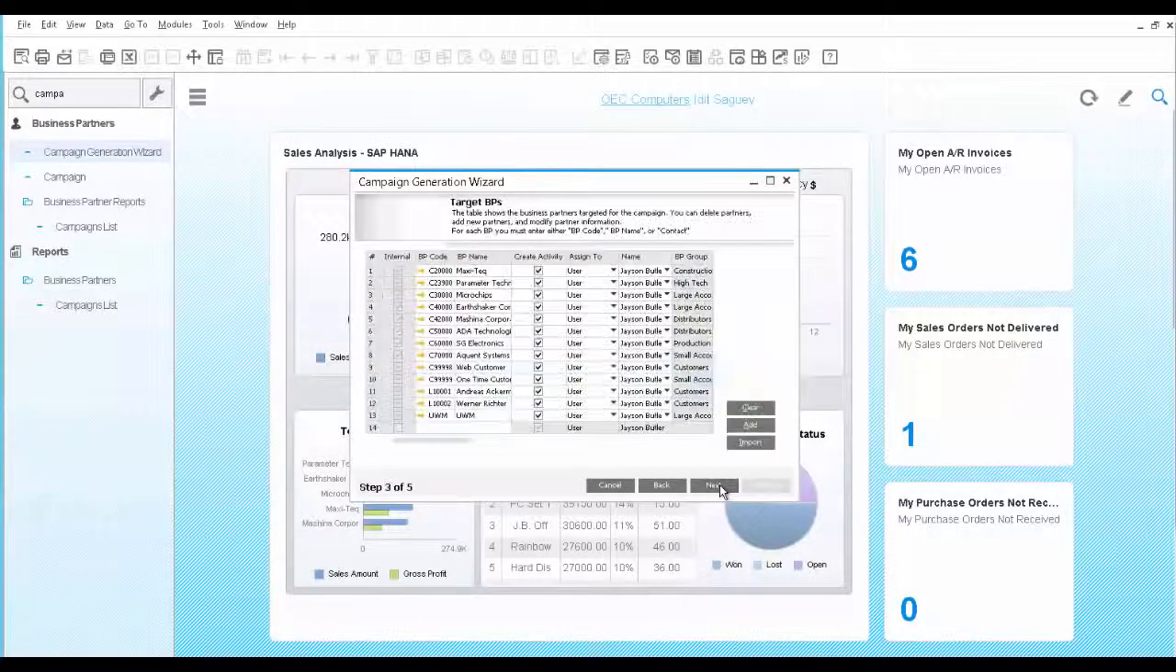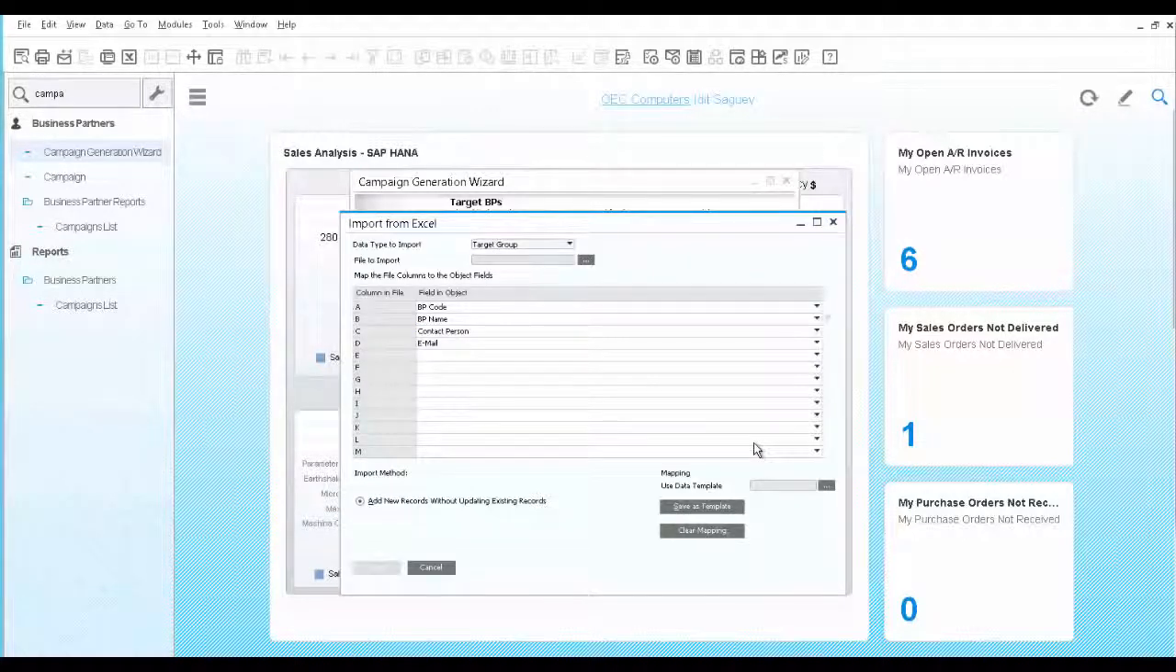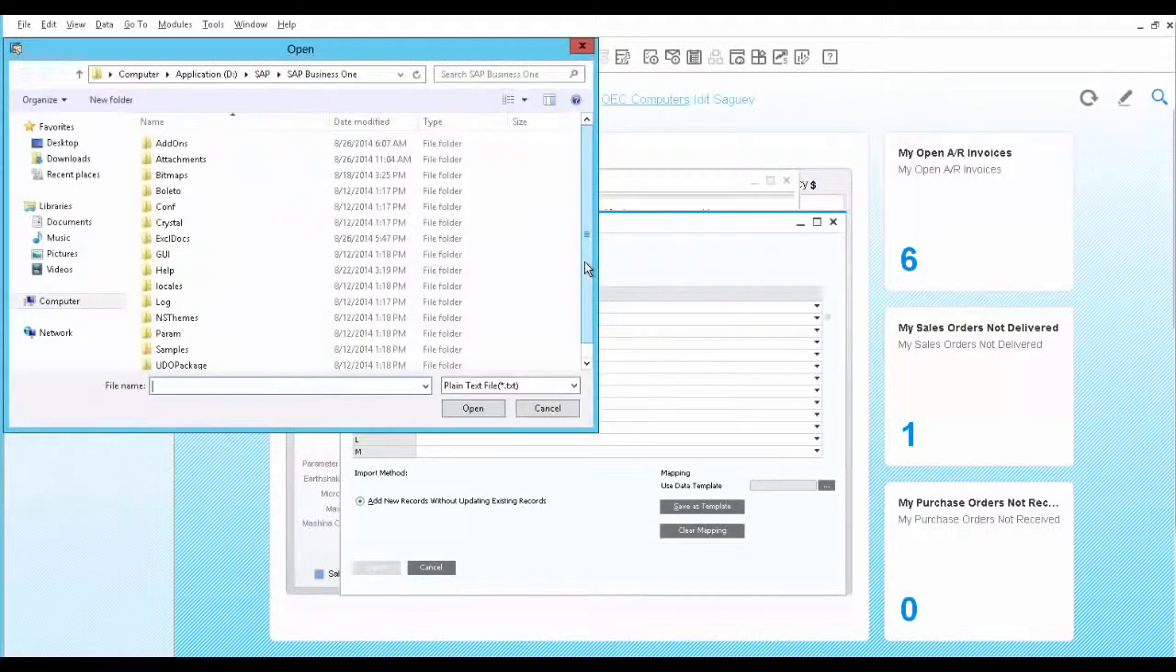In the next step, you can see all the customers that are included in the target group. You can make any changes you wish, add or delete rows, modify the contact information, or even import a list of contacts from Excel, which are not customers defined in the SAP Business One customer base. We select the file to import,